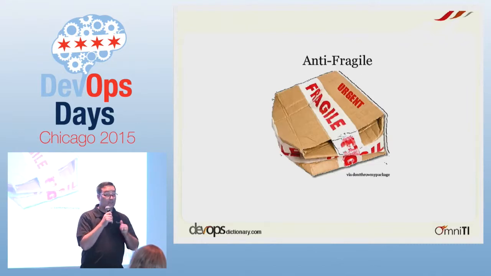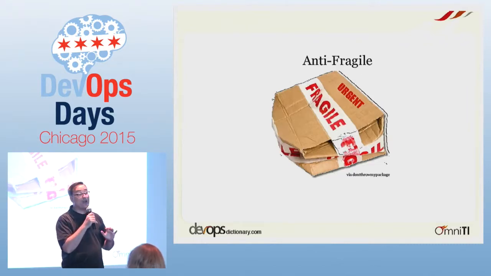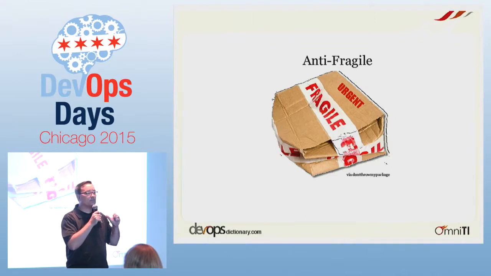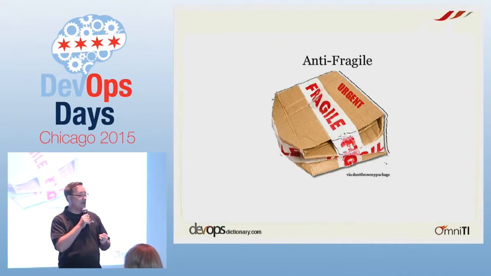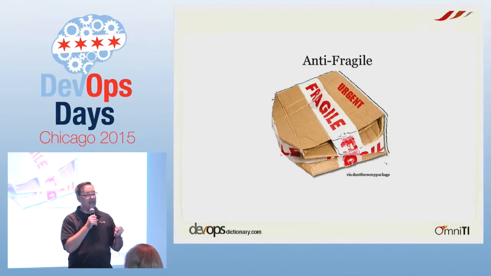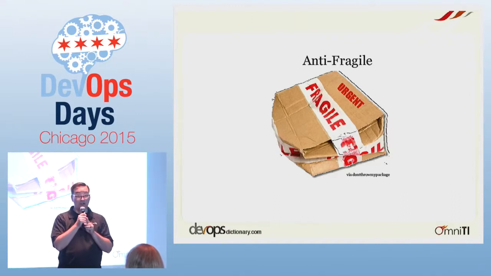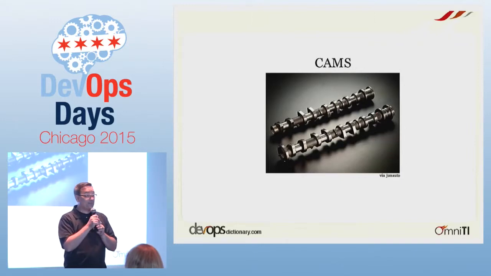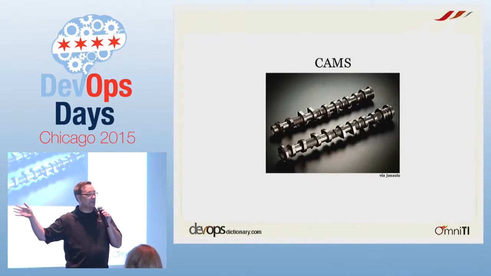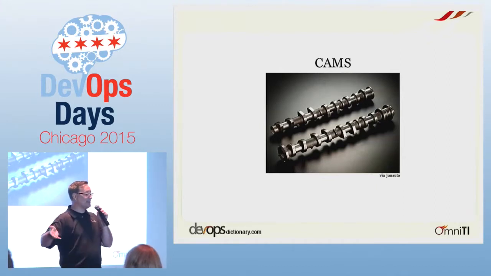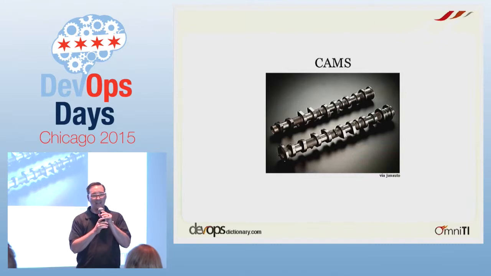Anyway, antifragile, very quickly. Antifragile is the property of a system that somehow gets more resilient the more you damage it. I think it's a fascinating concept, and I'm not smart enough to come up with an example, so this is only a 15-second slide, and we're going to move on. CAMs. Now, I had this great spiel about this one, and then I realized John was going to be our keynote speaker, and he talked about it, so good for him. So I'm not really going to talk about CAMs.